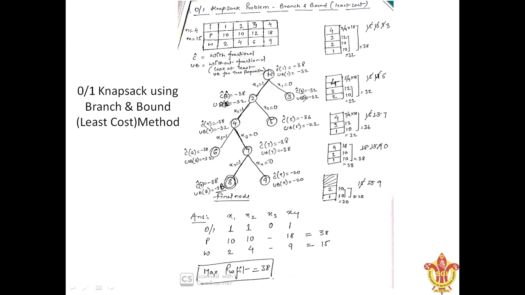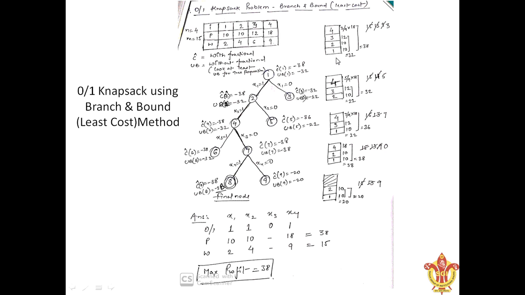In the root node, we'll have to calculate the upper bound and the cost function. To calculate the upper bound, that is without fractional, we'll calculate by using cost. Cost means this profit. So upper bound and cost will be calculated on the basis of this profit. While calculating the profit, we'll have to take care of the weight also. Initially the upper bound is infinity. Let's do the calculations.